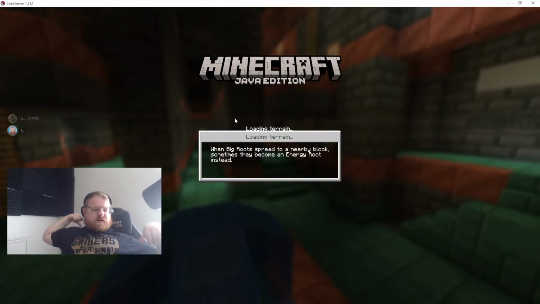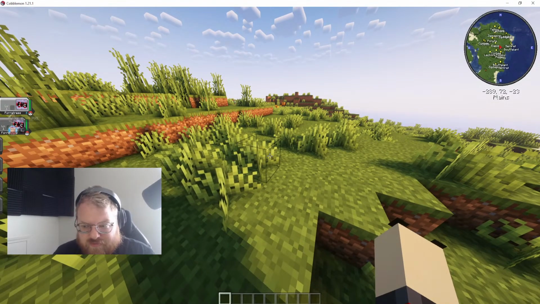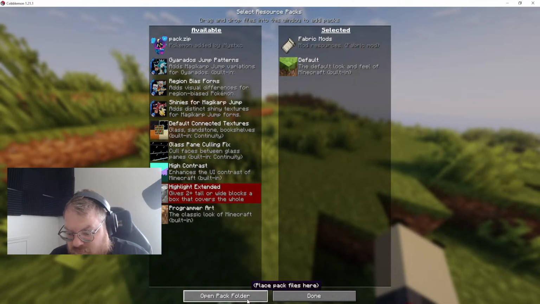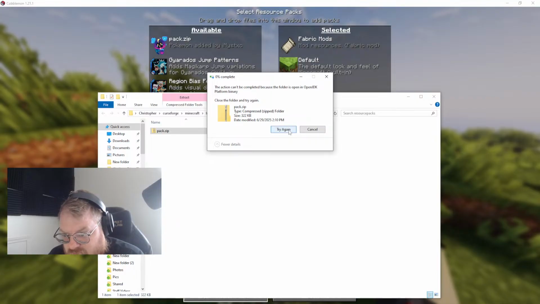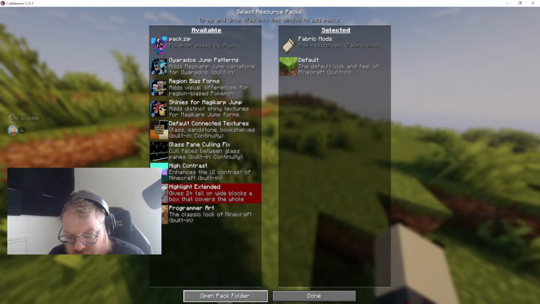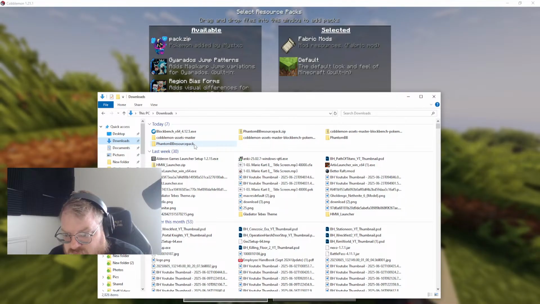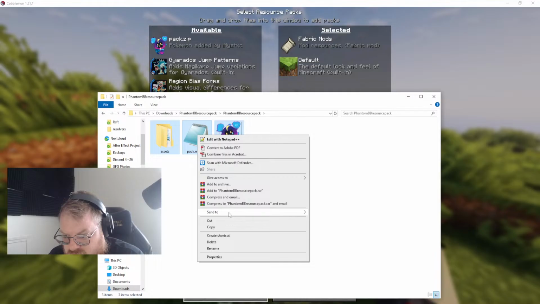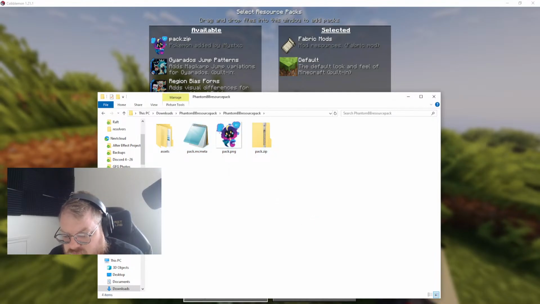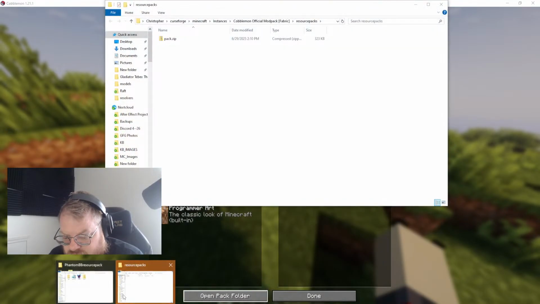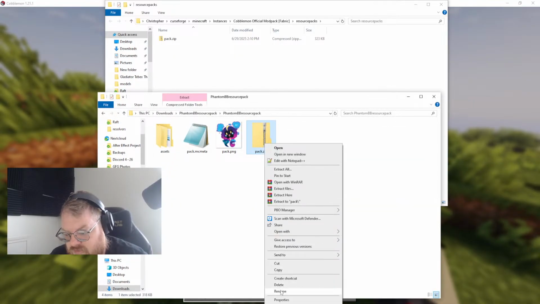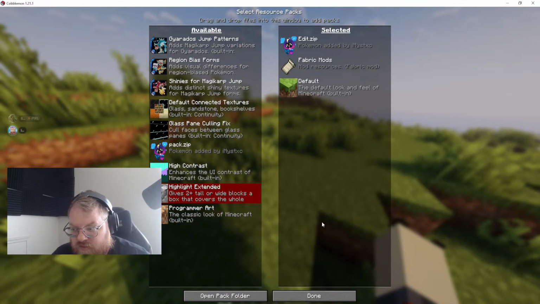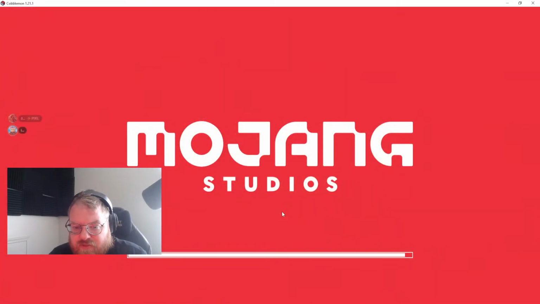Well, that's nice. Once you get it, you can edit just the resource pack, so you don't have to keep editing. So, options, resource packs, open pack folder, delete what's in there. Or no, it's using it, so it won't like that. Downloads, resource pack. It's not going to like that it's the same name. Edit, done, reload,